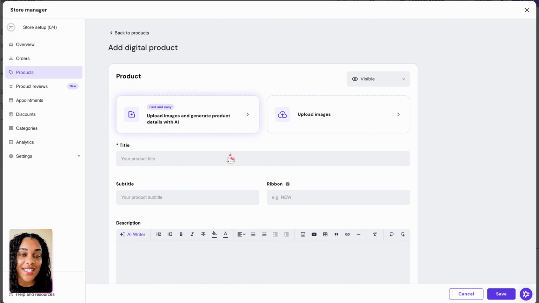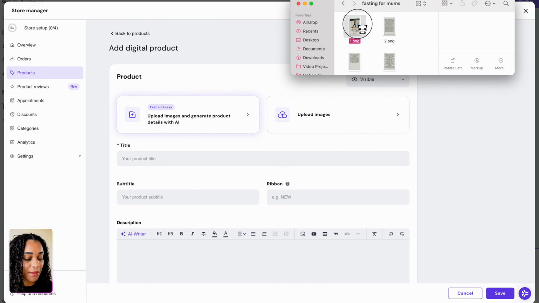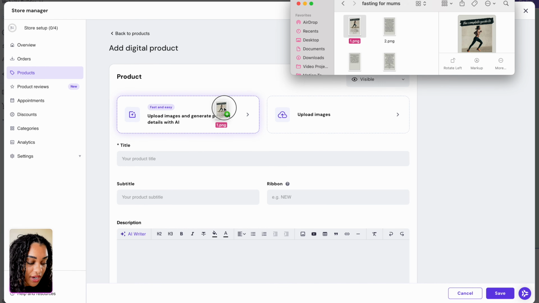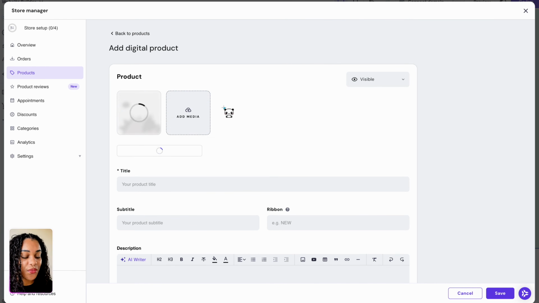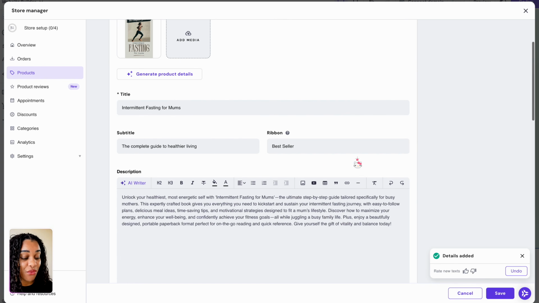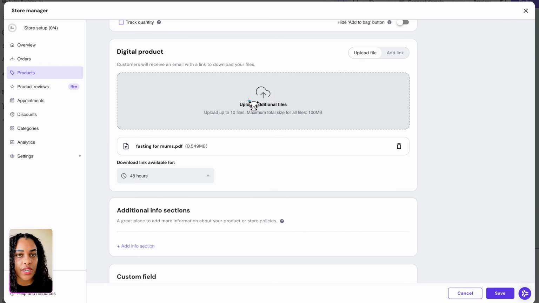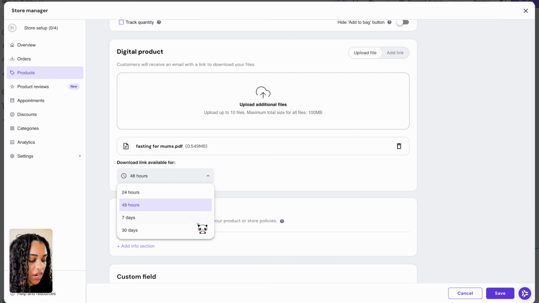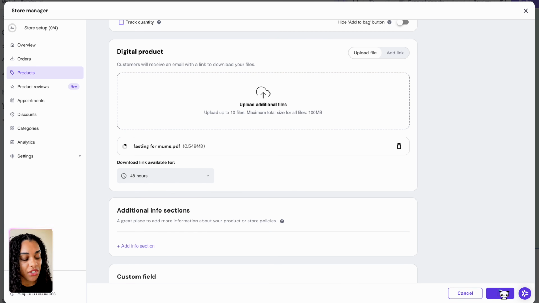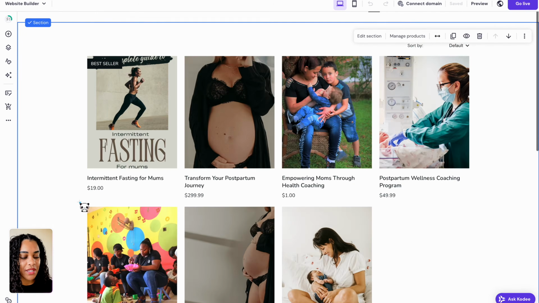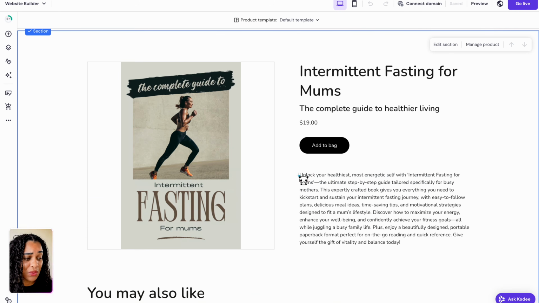Adding your product is easy. Just import your images from Canva. And then when you import an image, the AI is going to fill out all the information for you. I'm telling you, this is like AI-ified, okay? When you add your ebook or your file or your template or whatever it is, Hostinger has its own internal system that will deliver a download link to your customer. You can choose how long you want that download link to be available for, but it will be really passive because you don't have to manually do anything.